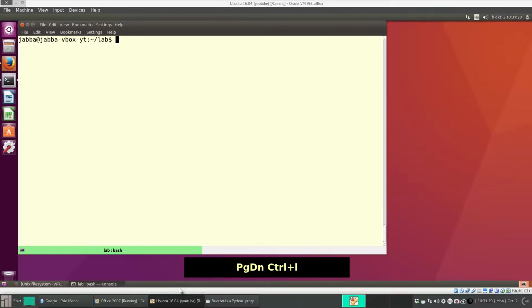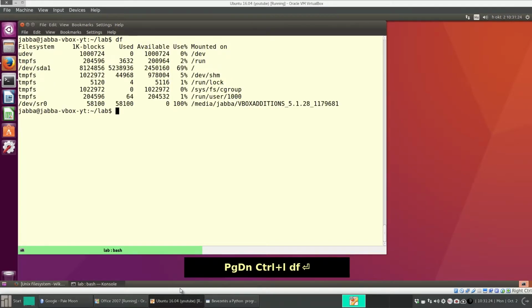df. df will show the size of every partition, and here the most important partition is the one which is mounted on slash. So this is your main partition. The system is installed here, and this is the size